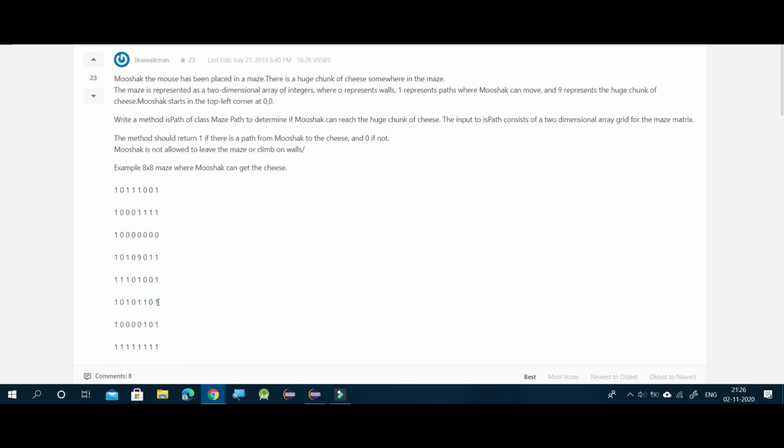Similar steps will be followed, and again it will find that it cannot move backward, neither upward, neither downward, and neither forward. So all the conditions will be false, and then it will go back to this location. At this location it has visited and traversed all the possible ways related to this one, or we can say the forward direction of this one, we have visited all of them. Now the remaining part is the upward direction,